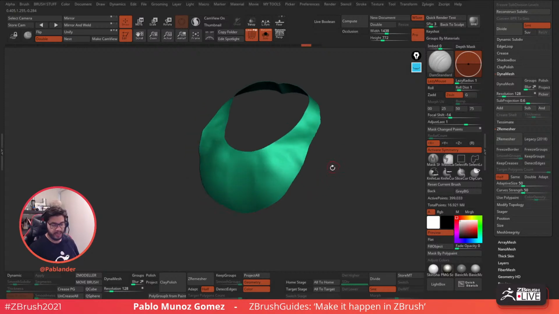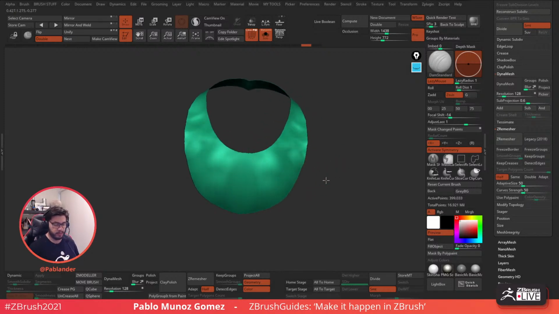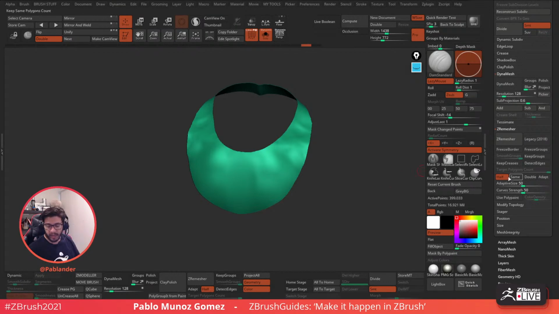But in this case, because all I want is just a pretty clean topology from a relatively flat set of polygons or surface, I don't have to have that on, and it just makes it a lot faster. And yeah, I can get to half the amount really quickly. I'm gonna use half, but you could also just turn this off and set a polygon count. It's kind of like the same thing. I like to use half because I can do it gradually. So I can click once, wait until ZBrush does